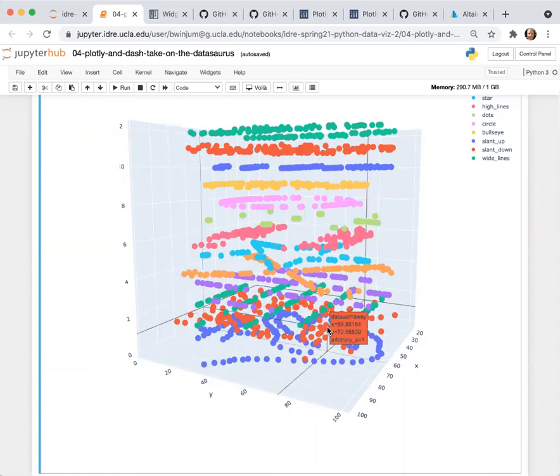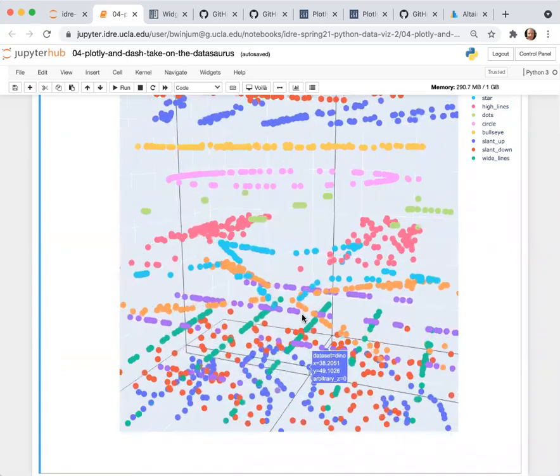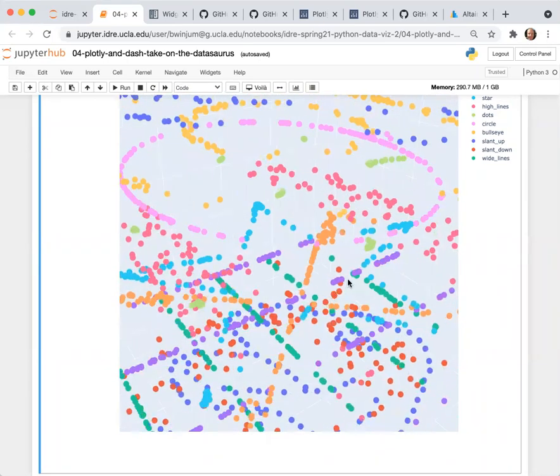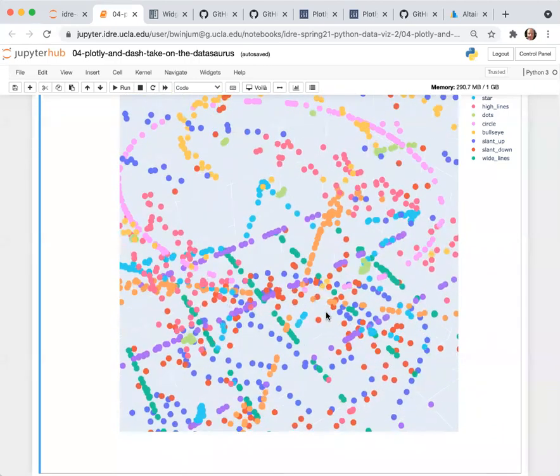If you squint your eyes, you can see maybe here's the slanty lines, here's the X ones. Down at the bottom is the Tyrannosaurus Rex. And then you can zoom in on this as well. So there's a lot of cool features built in here for you to play around with graphics. Kind of like your own little playground.